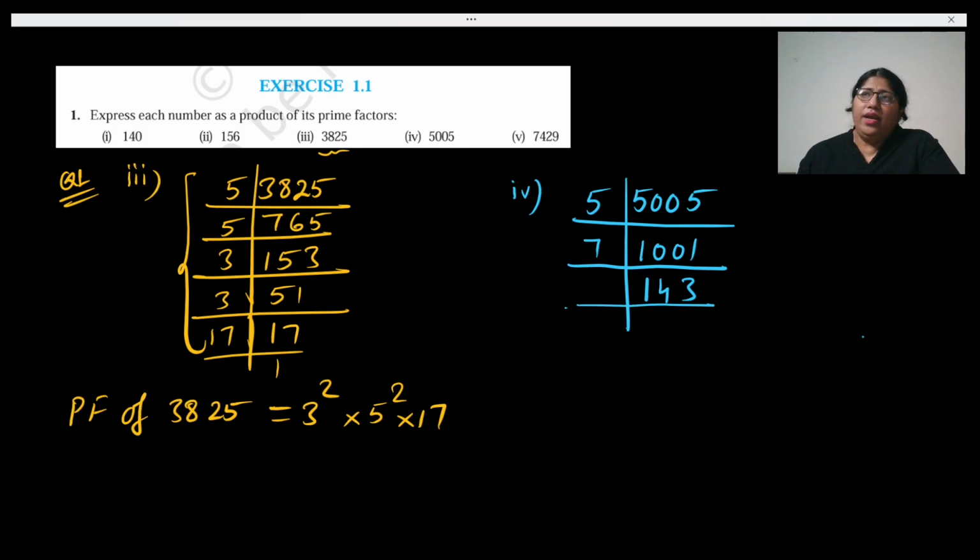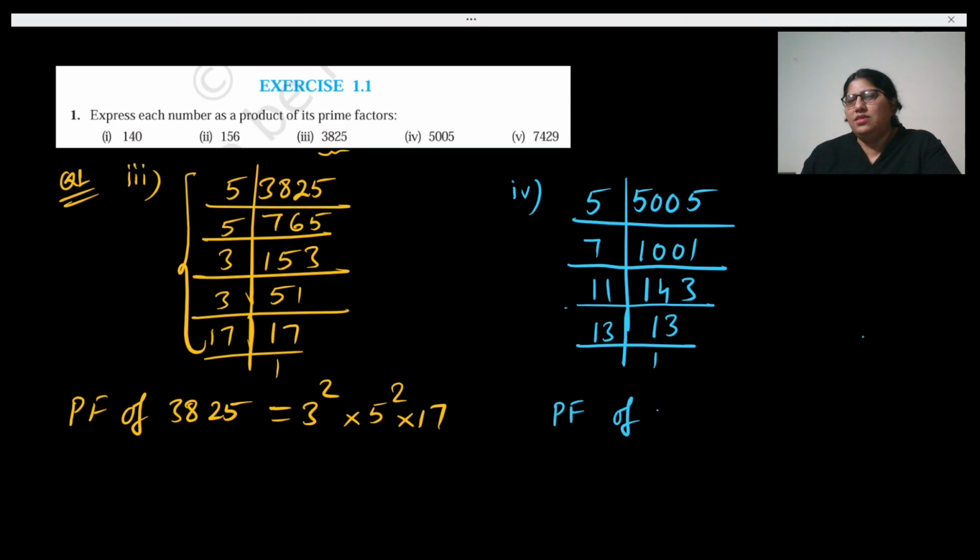Because see, you can take only prime numbers. So at least remember the multiplication table of prime numbers, so it will be easy. Now it is divisible by 11. So 11 ones are 11. Then here 3 is the remainder, so 30. Now you can see that all you are getting here are prime numbers. So if you don't know the multiplication table, you'll get stuck.